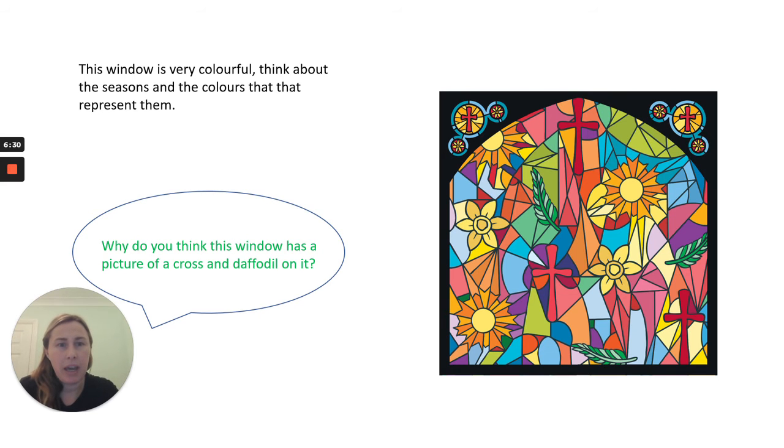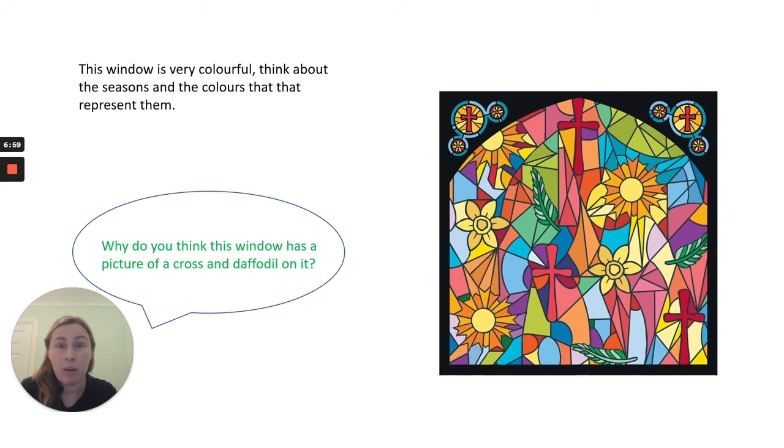So could this be a window that might represent the growth of flowers? What story, a Bible story, does that represent? Or what time of year, what season do you think it would represent? Have a think. Did you think about it? Did you get that it might be the Easter story and the rebirth of all the growth of the beautiful